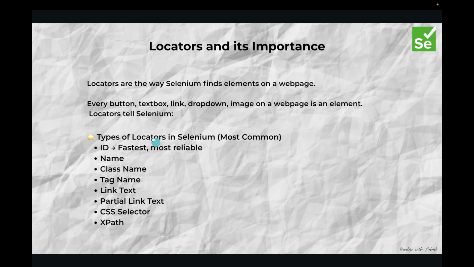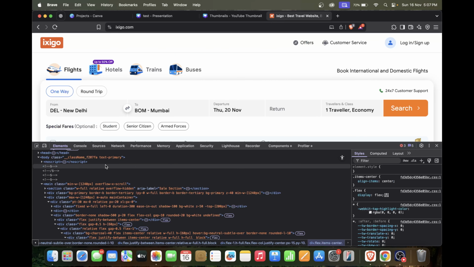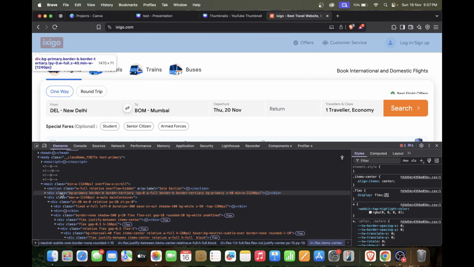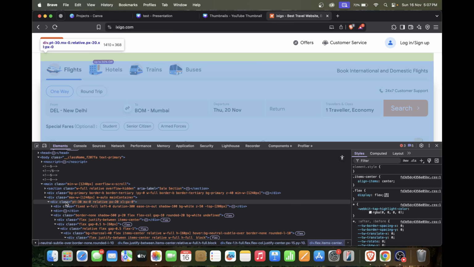Alright. Now, there are also types of locators in Selenium. If you go to this Ixigo website and look at the div I just showed you, you can see there is a class over here, right? But it is not necessary that you find a button with the help of only a class. You can find the button with the help of an ID also.